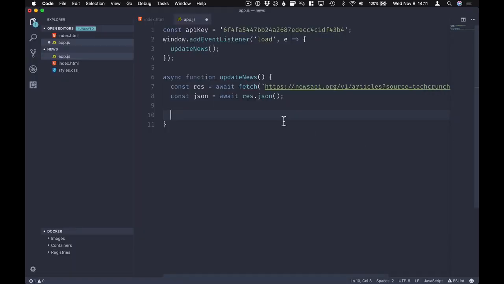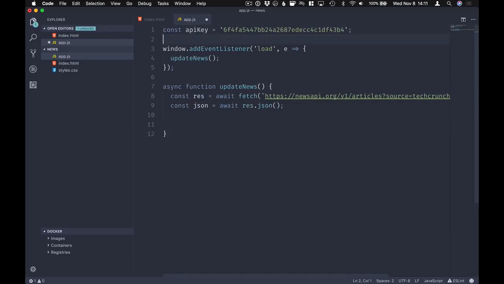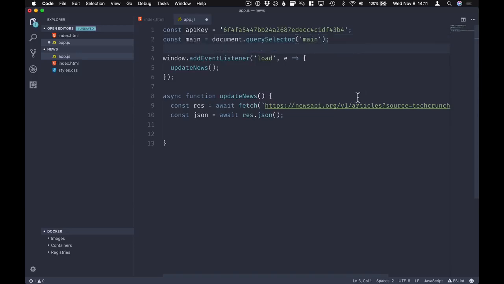So let's go in here, and what I'm going to do is a little bit of a hack, but I don't want to use any frameworks or any other tools, just plain vanilla JavaScript here. So what we'll do is first of all get a hold of the main section where we want to put these. So we're going to do a document query selector for the main section, and here when we're updating the news, what we're going to do is just say